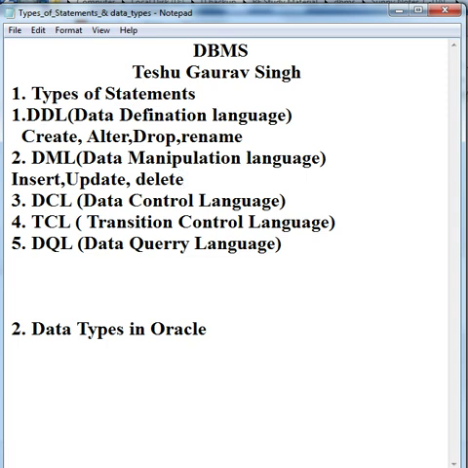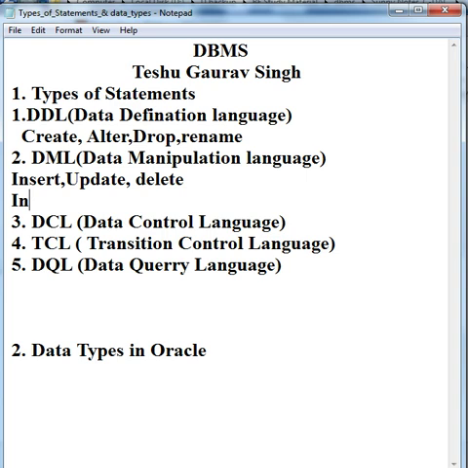In DML we talk about the instances of the table. If I want to define the values of the table, then we use DML commands. In DML we use insert, update and delete.